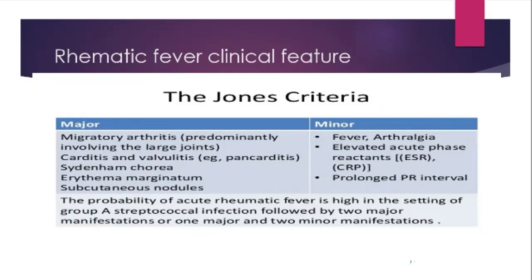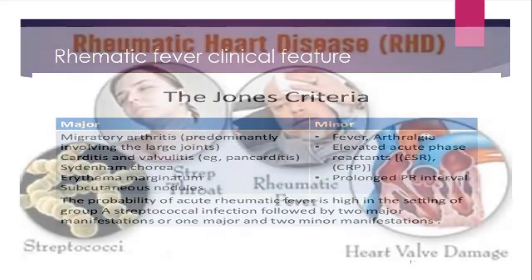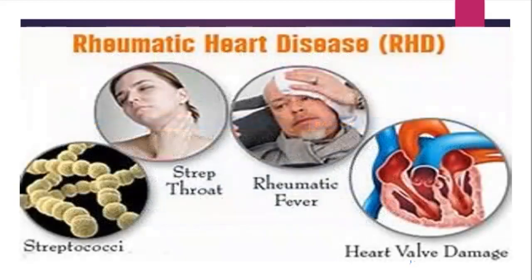So the probability of acute rheumatic fever is higher in the setting of a group A streptococcal infection followed by 2 major manifestations or 1 major and 2 minor manifestations. So in this case, one should have 2 major or 1 major with 2 minor manifestations with a history of rheumatic fever. So you can see the person gets that infection, then rheumatic fever, then